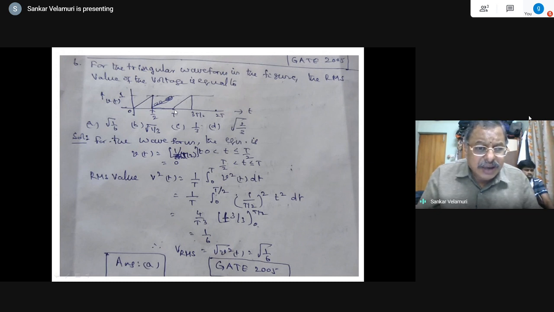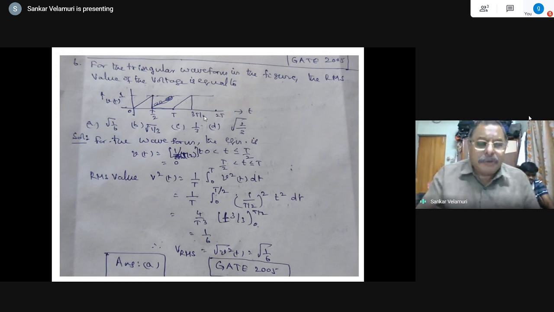Similarly, second cycle, t to 3t by 2 is again a ramp, so it is a periodic waveform, right? It's not a non-periodic waveform, it is a periodic waveform. Non-periodic waveforms are known as aperiodic waveforms. Aperiodic is non-periodic. Periodic means recursively, for every cycle of time, it repeats. It is a periodic waveform. Aperiodic gives a negative meaning there.